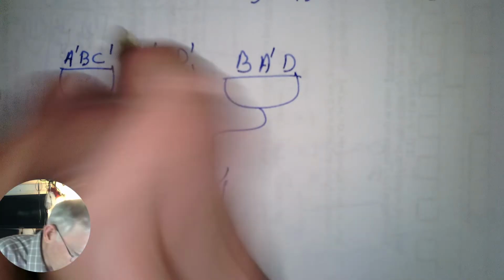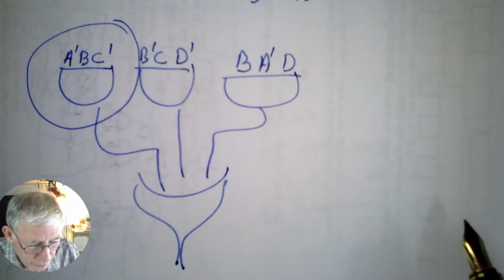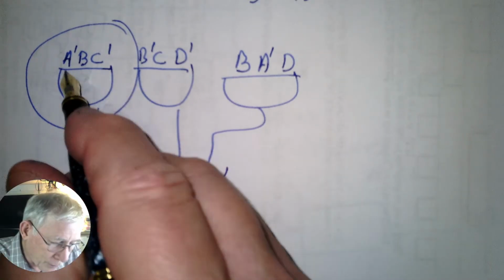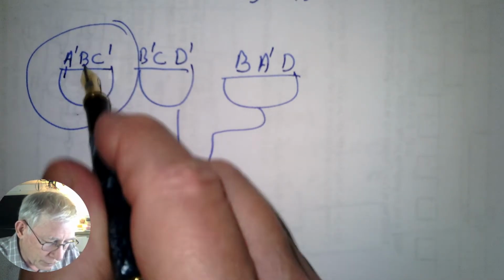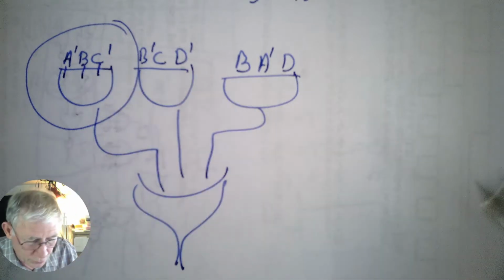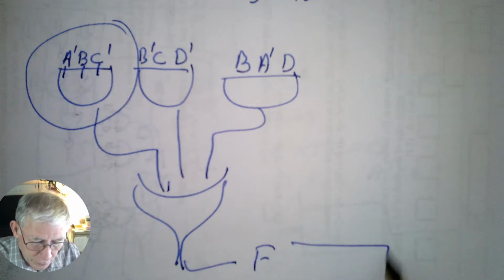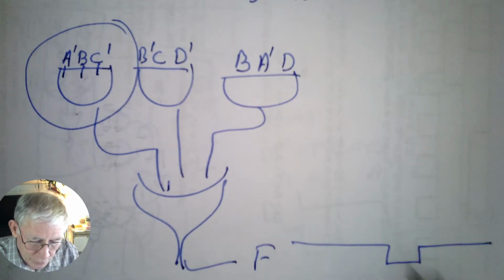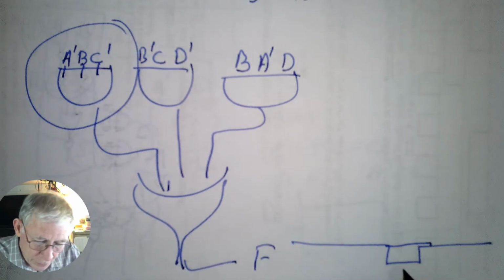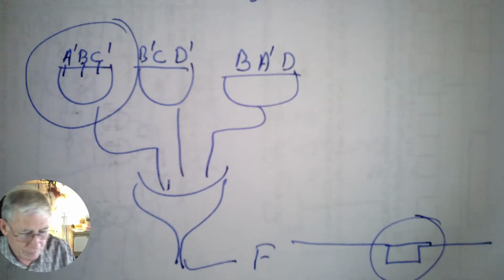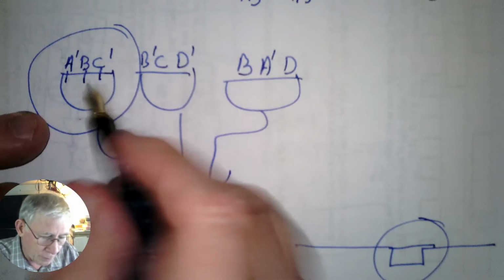Notice this gate does not depend on D. Since it doesn't depend on D, this A prime doesn't change, it's still a 1. The B doesn't change, it's a 1. The C prime doesn't change, it's a 1. So this always stays a 1. So F does not have a little glitch and come back up. It just goes up all the time. And the extra gate fixes this hazard because D doesn't show up here.